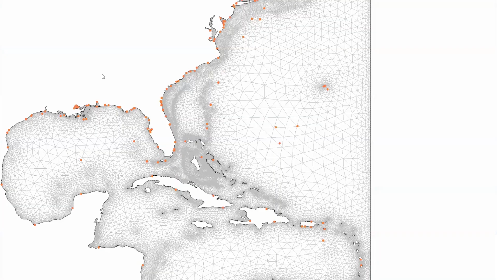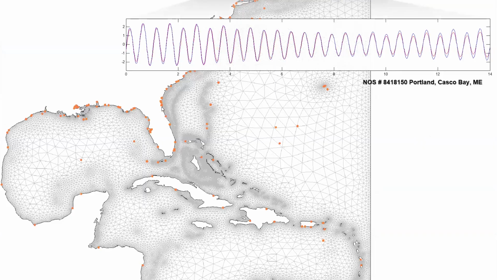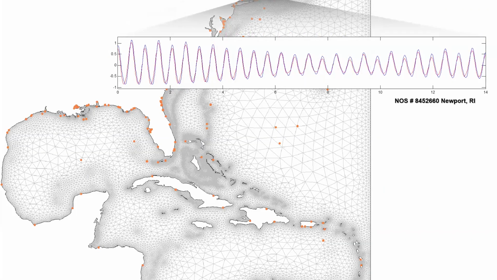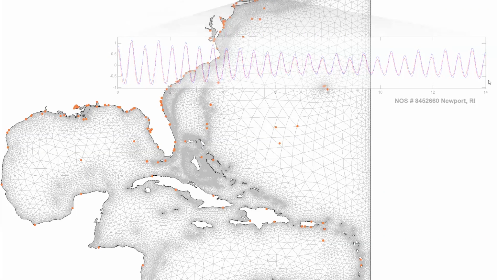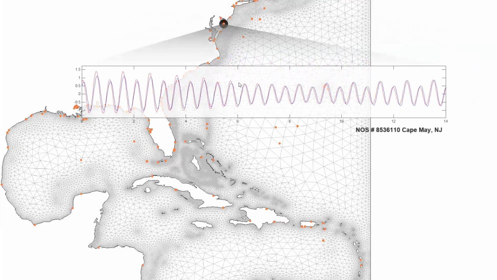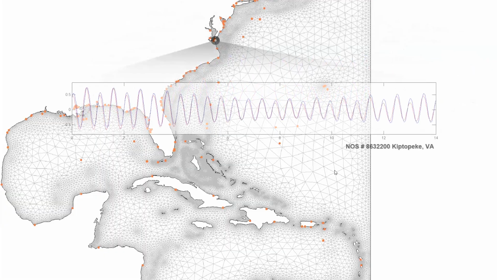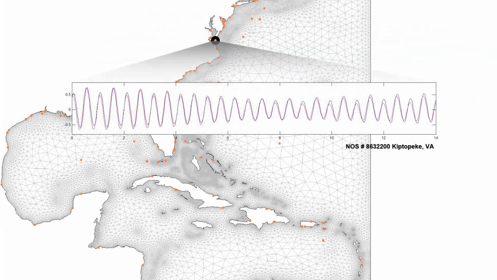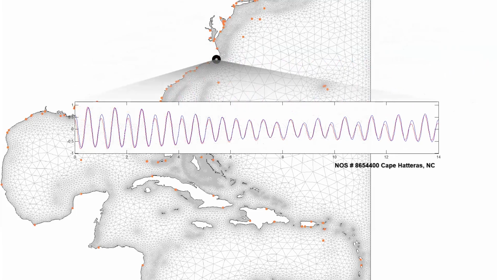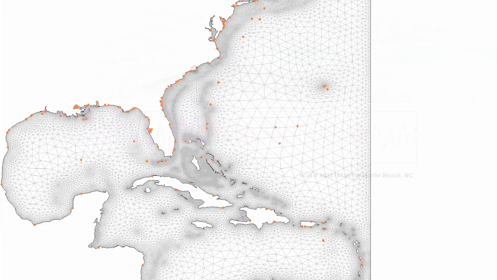For example, if we look at this first larger domain, the orange dots in the picture are where we have recorded water surface elevations that NOAA collects. The plots I'm showing here are the tides over a 14-day period. There are two lines on each plot: the blue is the observed, and the red is the computer simulation. You can see that we're doing a pretty decent job as we move down the coast in terms of matching up the data. We can consider this part of validating the model, to make sure that it actually matches reality.